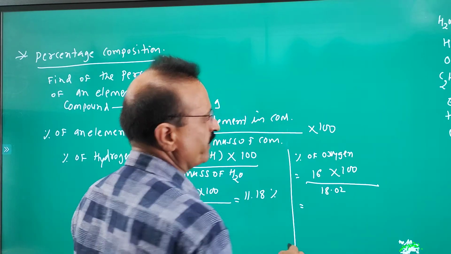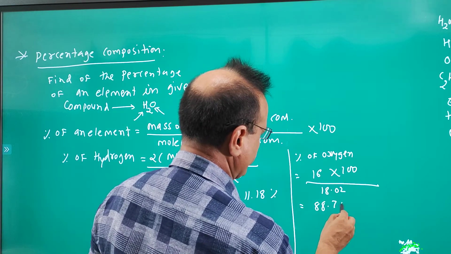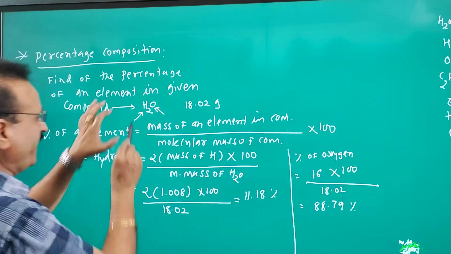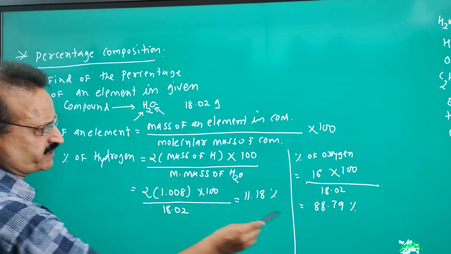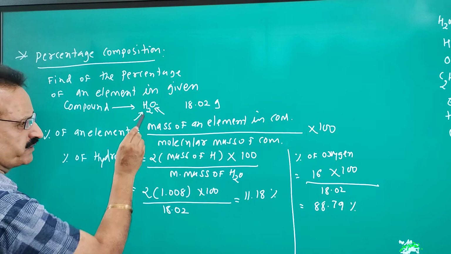You will find the value of oxygen is 88.79%. So in H2O the percentage of oxygen is 88.79, and